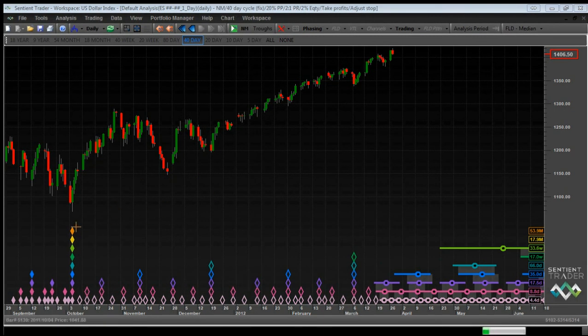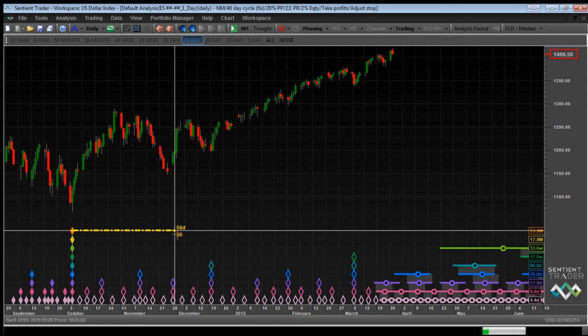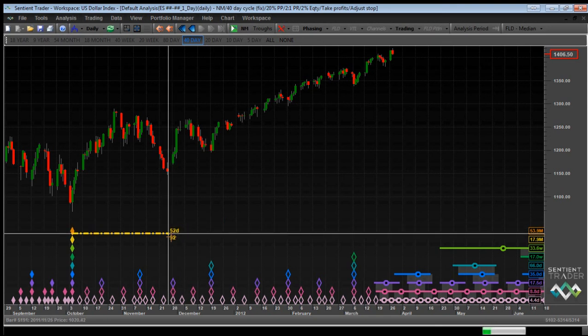So when you're considering this analysis and considering whether it is a good analysis and whether you can now make trading decisions on the basis of this analysis, you need to ask yourself, okay, well, why has Sentient Trader done that? And in order to understand why it's done it, you almost always need